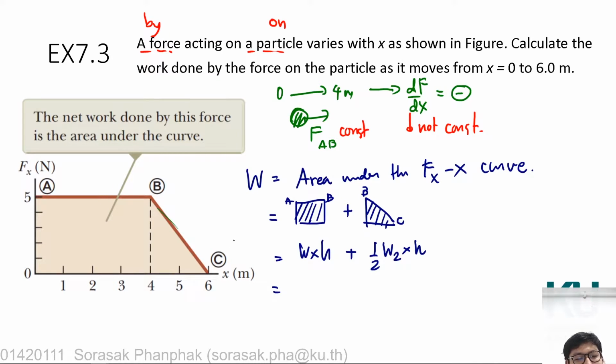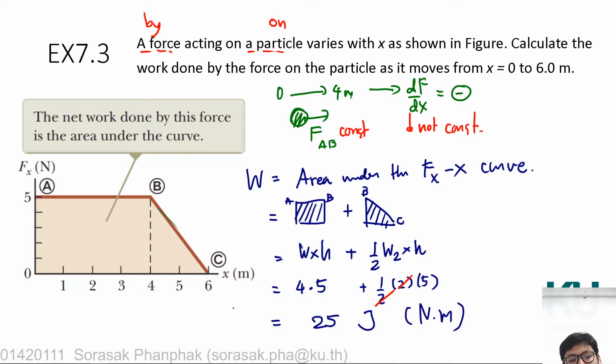The width is 4 meters and the height is 5 newtons. For the triangle, the width is 2 meters and the height is 5 newtons. So finally, you're going to get 25 joules, or newton meters, as the total work